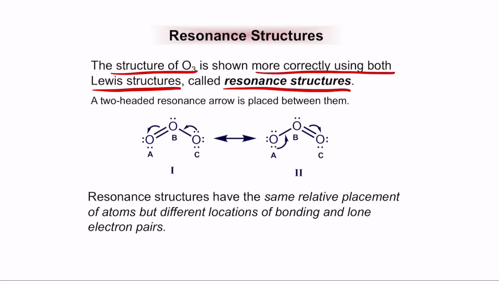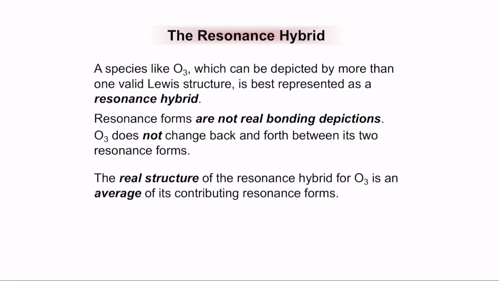So we use a 2-headed arrow to represent resonance. What we do here is we say that this electron pair comes here and this double bonded electron pair will go to the oxygen. So this motion or relative placement results in the resonance structures where both structures are valid at the same time, which means now you create a resonance hybrid where we combine two different structures to create